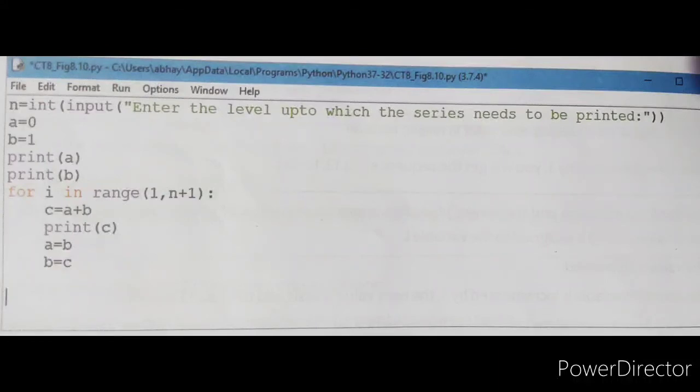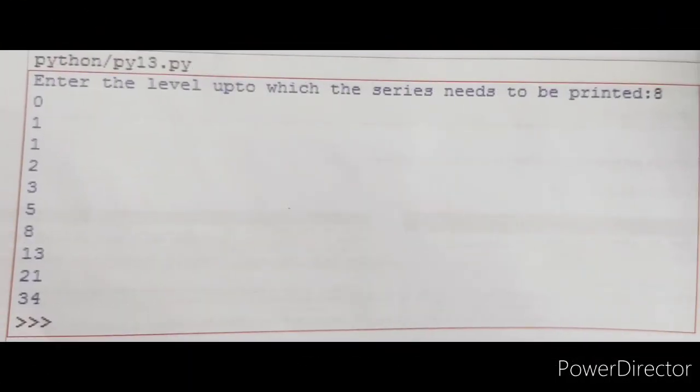Now we will see the output. Enter the level up to which the series needs to be printed. Here we have entered 8. So Fibonacci series will be printed 8 times. First value of a is 0. Then value of b is 1. सम क्या हो गया दोनों का? 1. इसी तरह से अब a की वैल्यू क्या हो गई है? 1 और b की वैल्यू 1. So what is the sum of this now? 2. सो इसी तरह से फिबोनाची सीरीज 8 टाइम तक प्रिंट हो जाएगी।